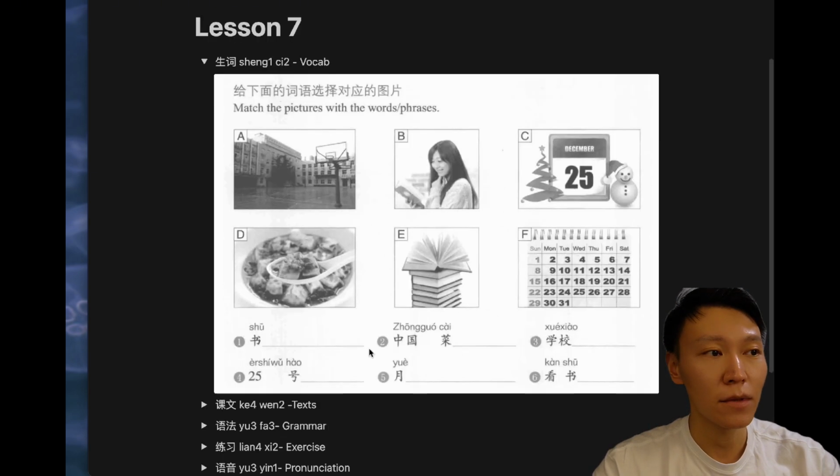Repeat after me. 书 书 中国菜 中国菜 学校 学校 25号 25号 月 月 看书 看书